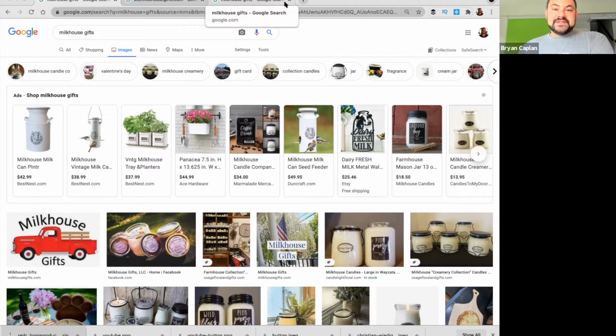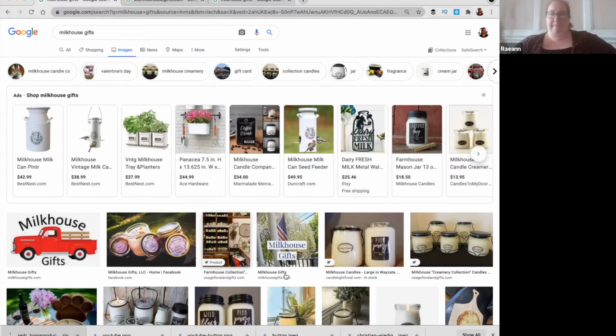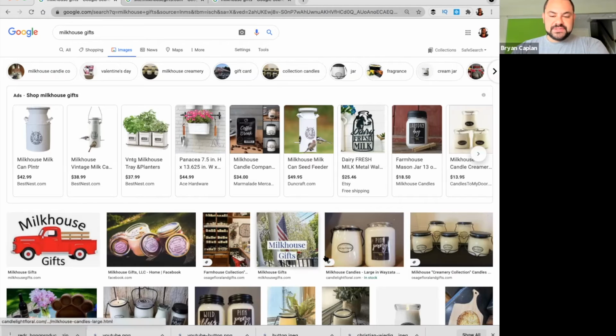And what it does is it assigns that these products, these images are products. So see here how it denotes product. Yeah, you can get that too. It's totally free. And then it will fill Google Images with your products. That's awesome because I've already had to create that spreadsheet for Facebook and Instagram shopping. Yep. So it's like, I already have it there. You got it. Yep. So it's just a matter of doing that.